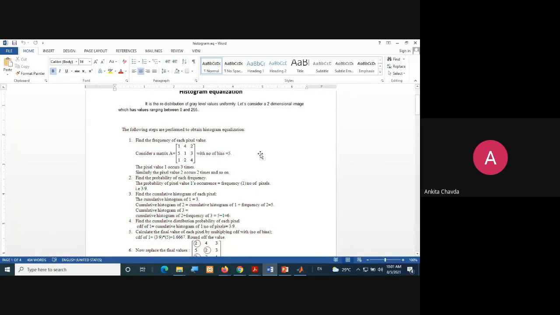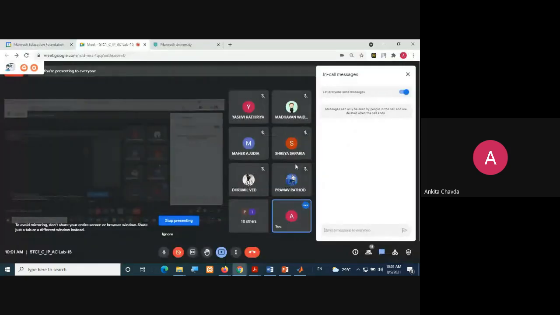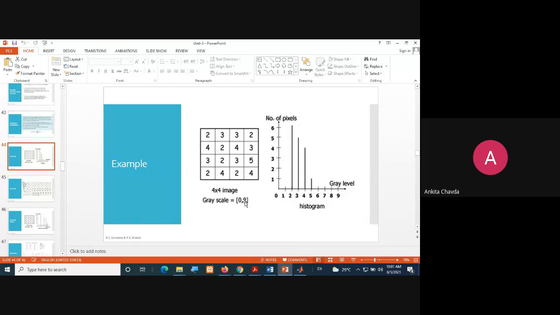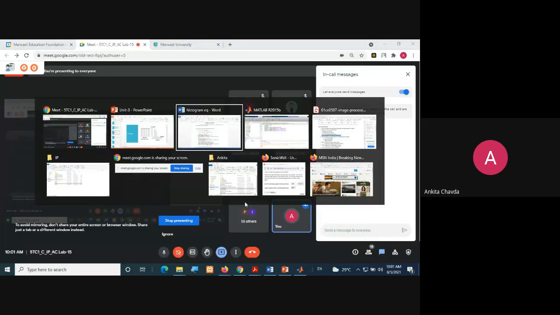Here they have given the number of bins. Have you seen that the number of bins equals 5? So what is it? Number of bins means what? Do you know that? That is your L minus 1. Here your L minus 1 was 9, right? So here it is given as 5.